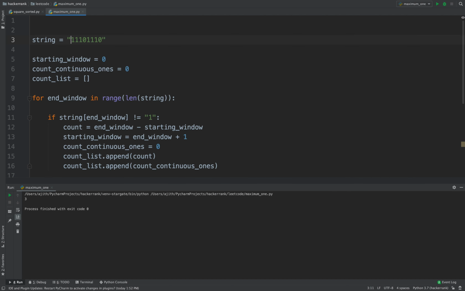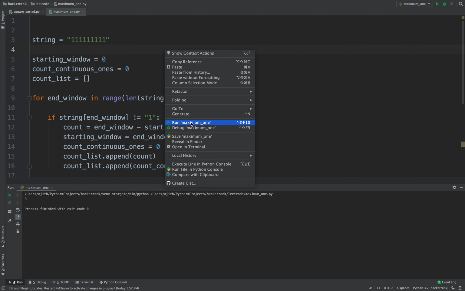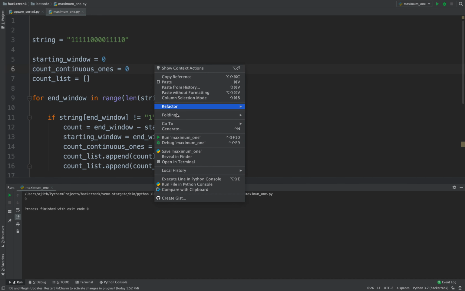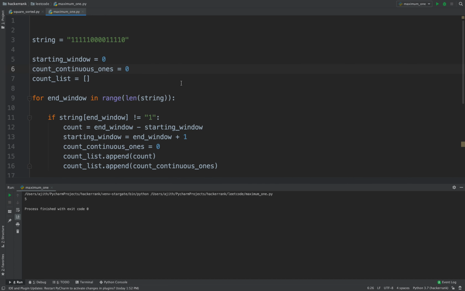So what if it is continuous ones? Yeah, it gives the count: 1 2 3 4 5 6 7 8 9. So what if there is only 0 here? We can just test with all the edge conditions, so it's good. So what if there are zeros in the middle? Should print 5? Yeah, it is.